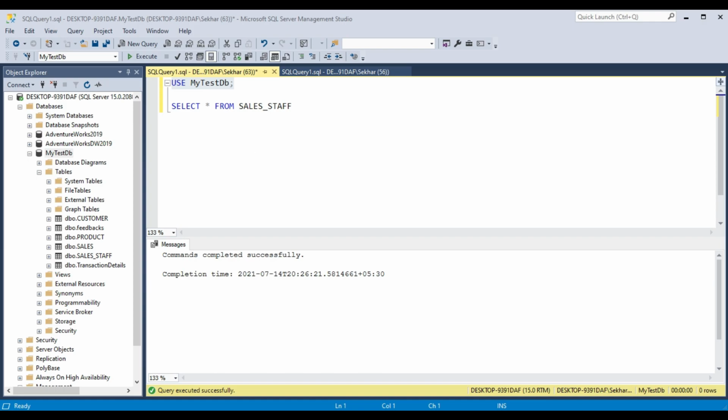Let's first understand what a self join is. Self join basically allows you to join a table to itself, meaning a table joins to the same table. Self join is not a specific keyword you define.